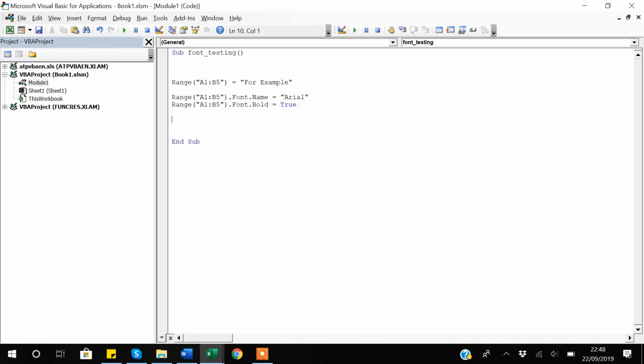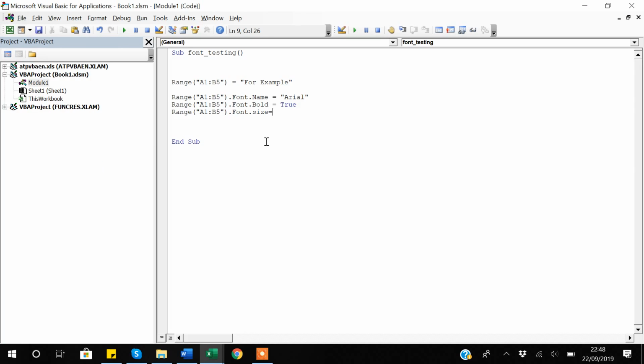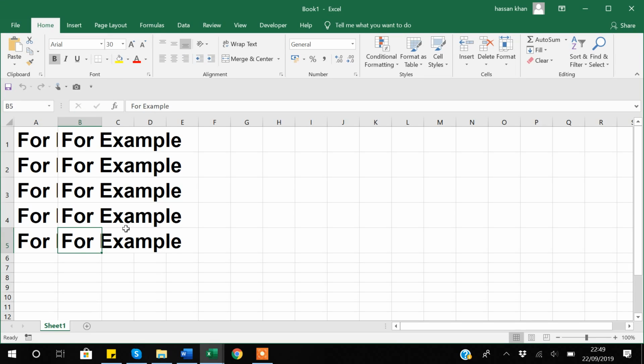And now the next thing I will do is the change. How can I change the size of my font? So again I will be copying this thing and pasting it here, and now I will be saying size is equal to, currently the size is 11, but suppose if I want to change it to 30, let's say plate, let's see how it changed the look. Now you can see it's changed to 30,